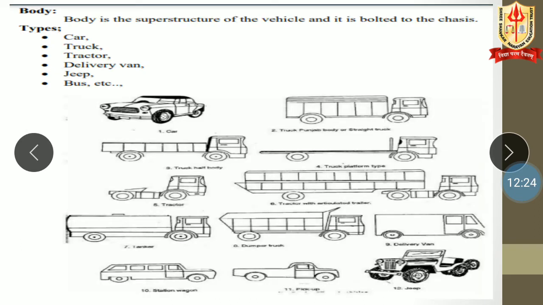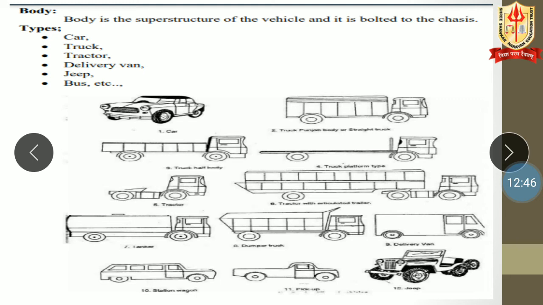Now we are going to see the body. We can see different kinds of bodies in this image. So what is body? Body is the superstructure of a vehicle, and it is bolted on the chassis. When the chassis is completely made and the components are mounted, after that the body is bolted on the chassis.